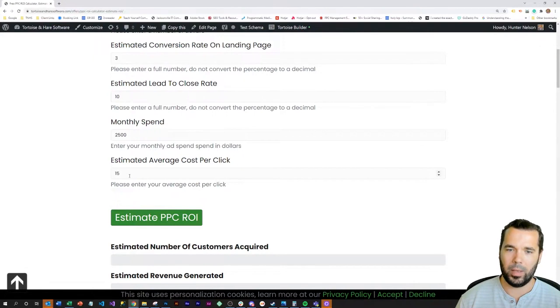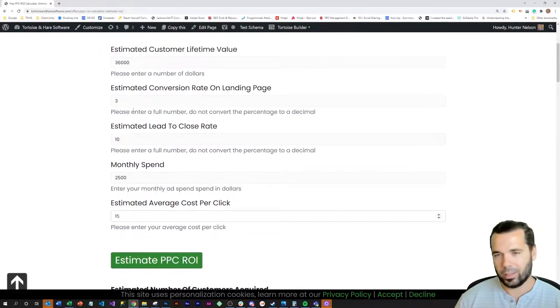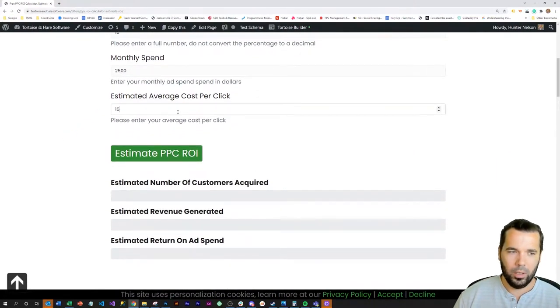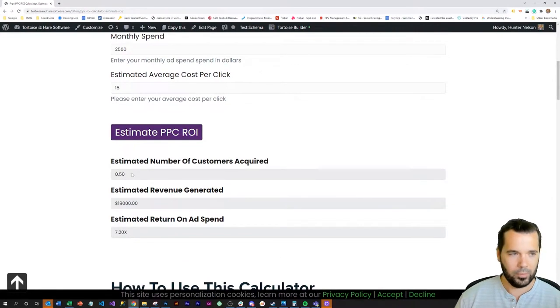LinkedIn cost might be lower cost per click, but you also might get a slightly lower conversion rate on social. So we've put some data in for our sample simulation, and I'll click on this estimate PPC ROI here, and this gives us an estimate. We'll acquire approximately 1/2 customer per month, and that will result in $18,000 in revenue and 7.2 return on ad